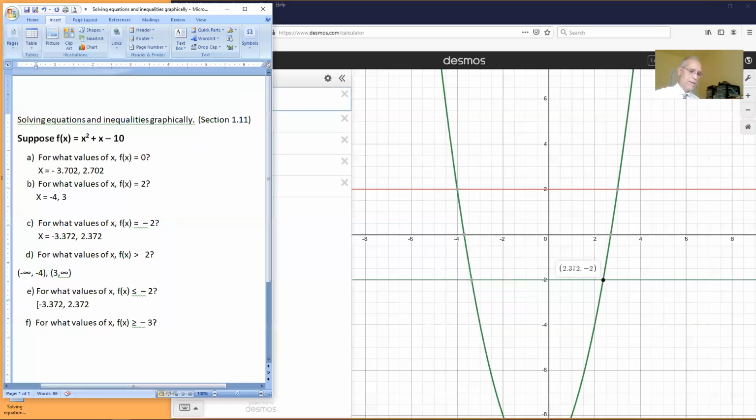Now, inclusive, bracket. And finally, for what values of x is f of x